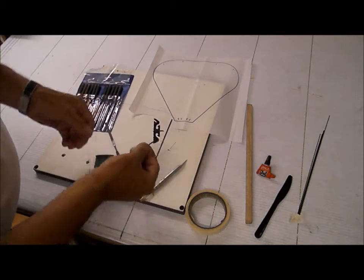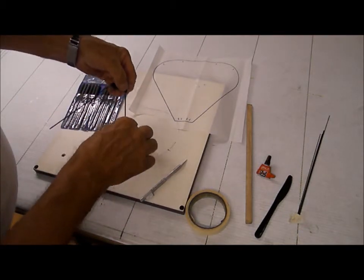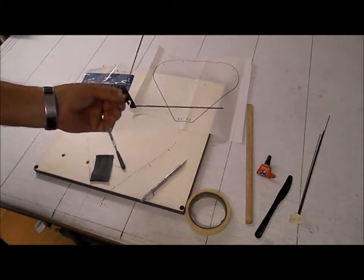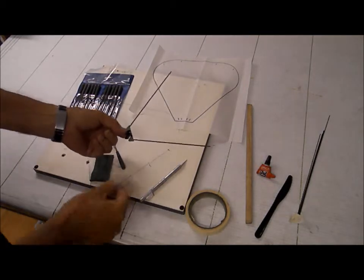So that's where that goes. And then let's see if we get this one in here. Yeah, so you can see that it doesn't take but just a little bit. And now I'm going to glue these together. And the way I glue them together